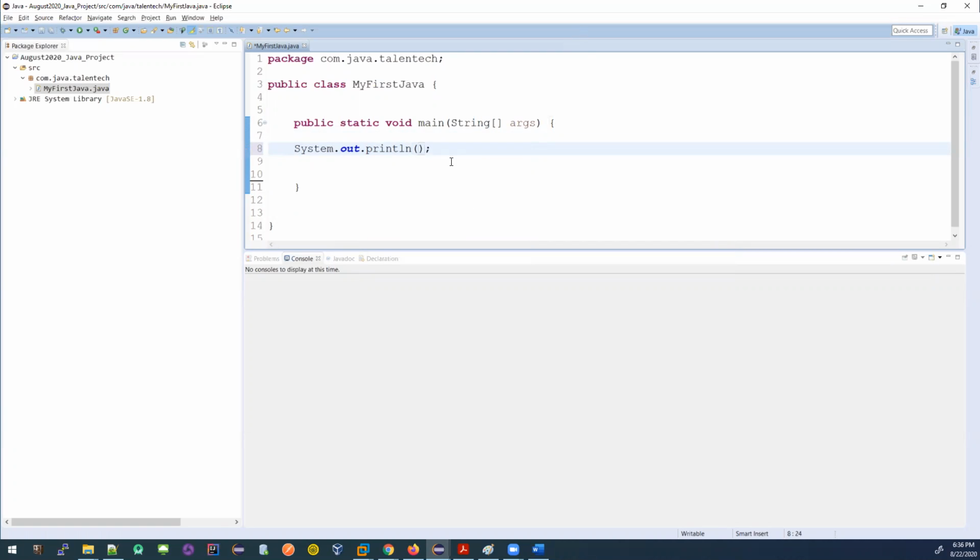I think there is a shortcut too for System out println. There is a shortcut. We will come to the shortcut later. First, we see how to type it down, then we go into the shortcut. Because if everything is a shortcut, then in an interview they will ask you to write it down. How are you going to write it down with a shortcut? That's not going to happen.